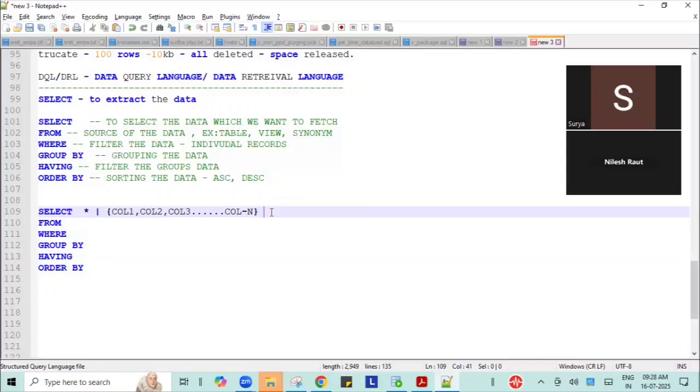And what else can we write in the SELECT clause? For example, I'm getting so much data, like a kind of duplicate records or something. I want to